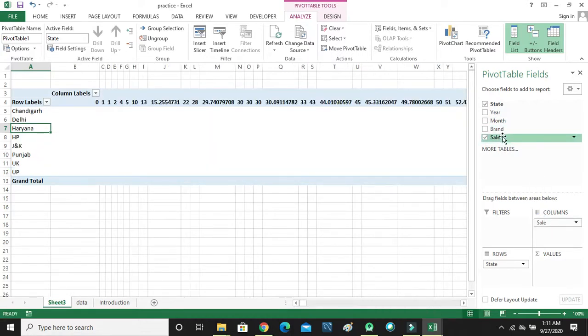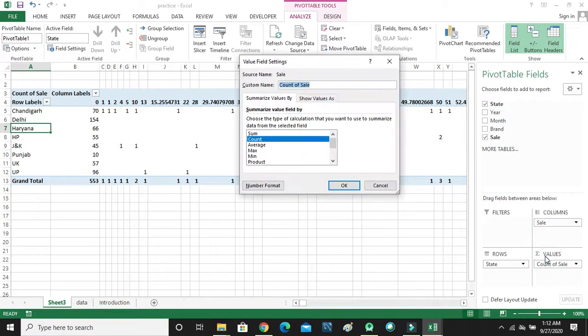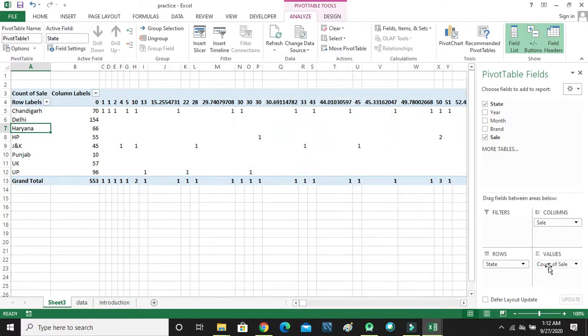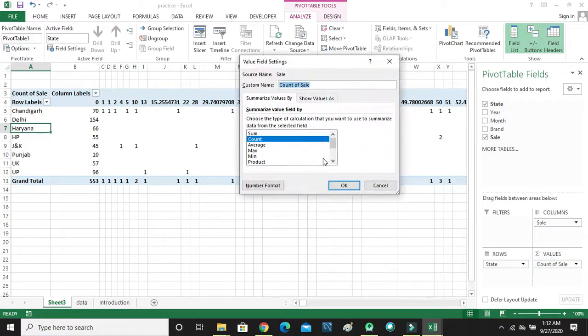You have to drag and drop it to the value field. So here is coming count of sales, so we have to change it to sum of sales. How to change value fields? We go to value field settings, then select sum.